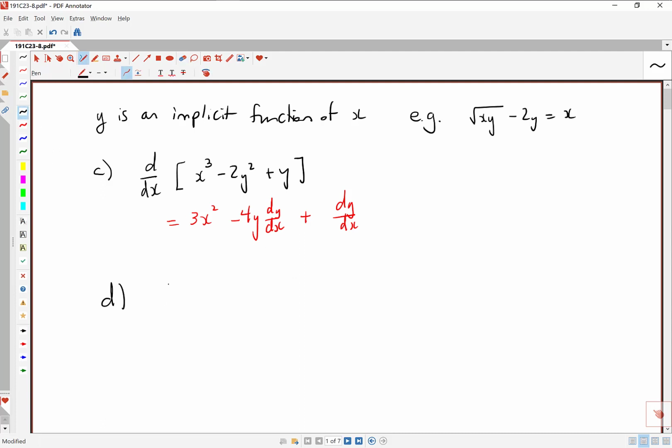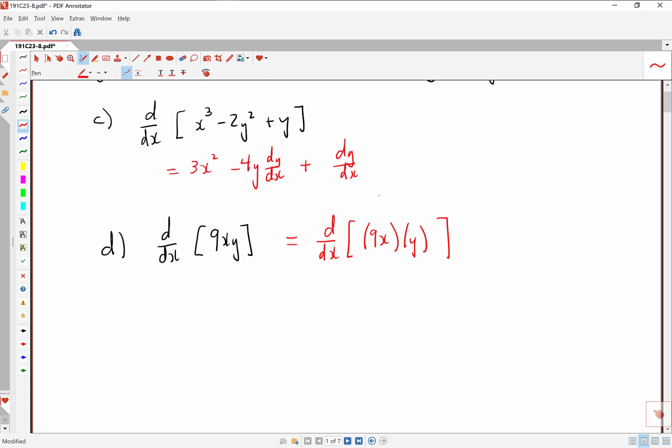Part D. Let's take d by dx of 9xy. Okay, so this kind of situation where you have an x term and a y term multiplied together can tend to be a little tricky. So what I like to do before I even take the derivative is a little rewrite here. Let's take this 9xy and specifically break it up as something involving x times something involving y. And the reason I want to be clear about breaking it up is because we are going to use the